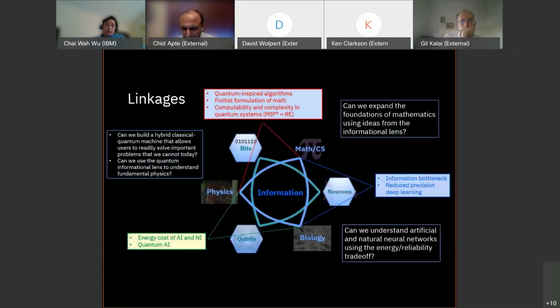On the math side, can we expand the foundations of mathematics using ideas from the informational lens? And on the biology side, can we understand artificial and natural neural networks using the trade-off between energy and reliability? And this chart, and the other boxes, the red, the blue, and the yellow boxes, show the linkages between the various components. I'm not going to go over them because many of these topics are actually the subject of the various talks